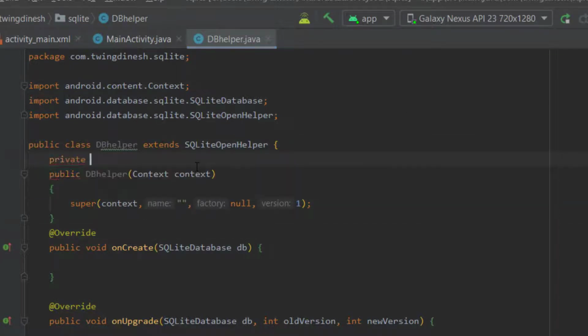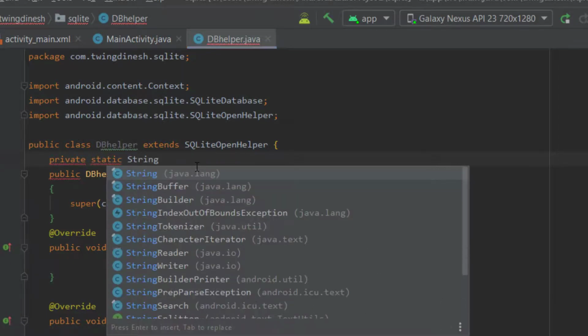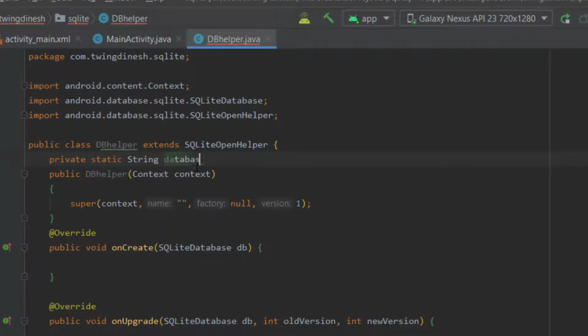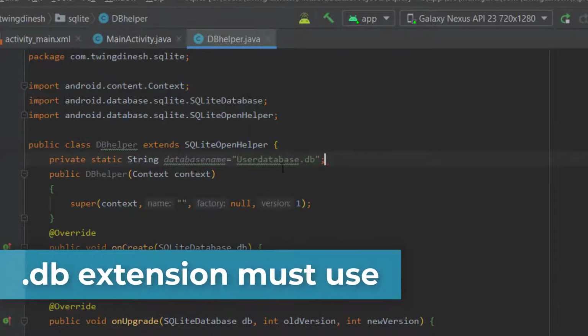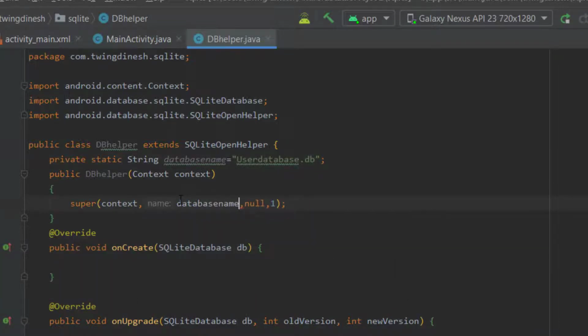So let's create a database name: private static String DATABASE_NAME. It will be something like user_database.db. We have to mention .db, then only it will be treated as a database name. Let us pass this database name variable to the super method.